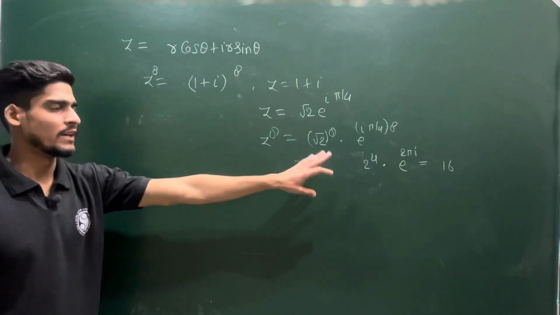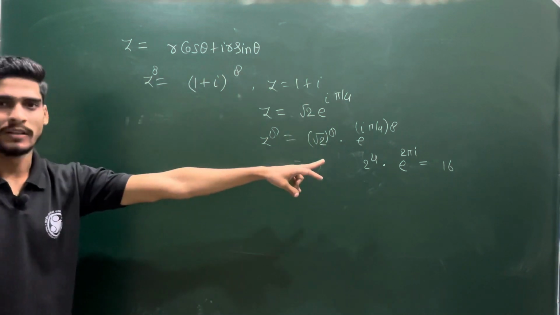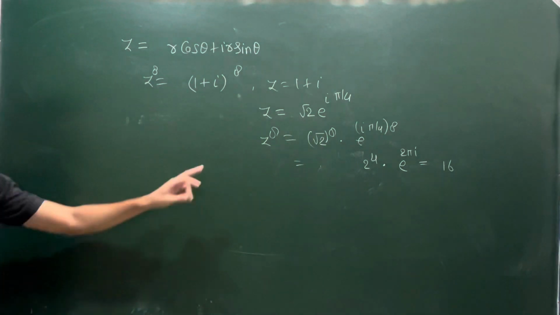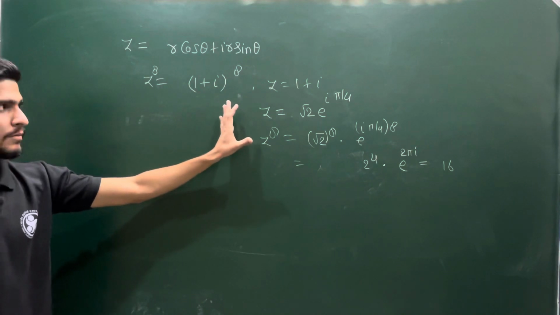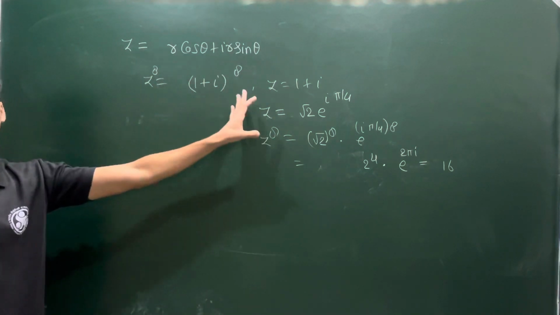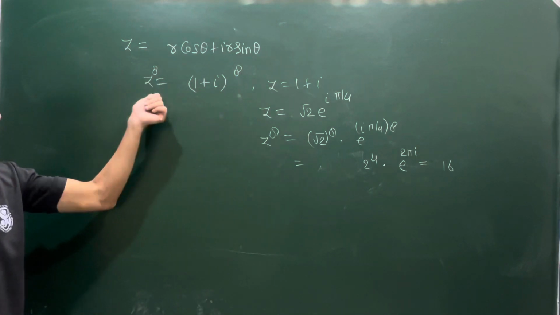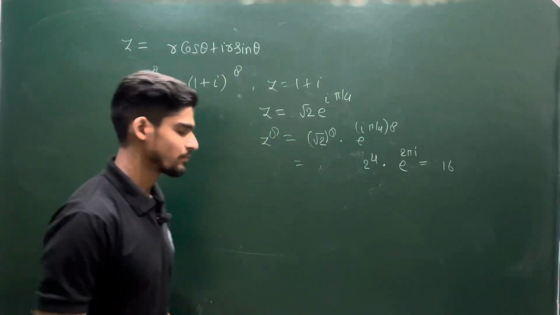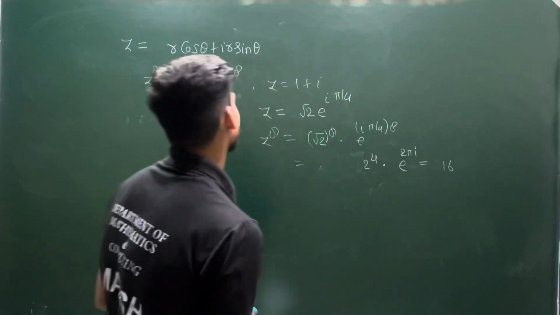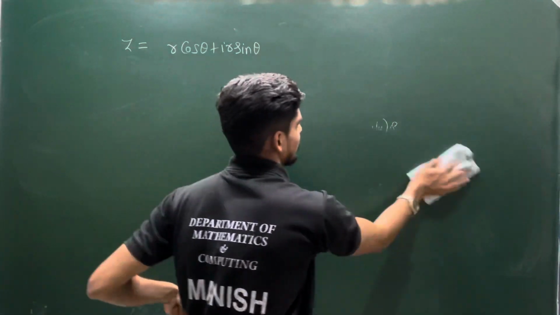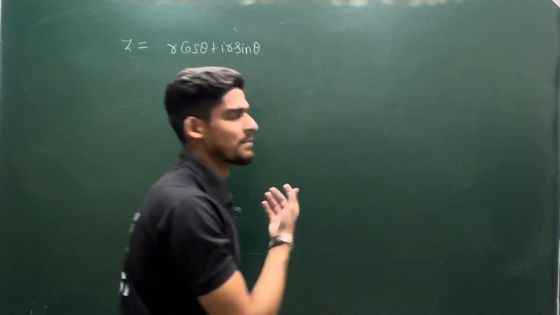Now once you know that, you can do many things. Now this is a real number. So this technique is much more efficient than the general computation. So this is how you can compute the powers of complex numbers. You can also compute some other powers.